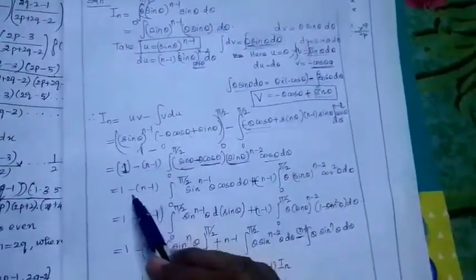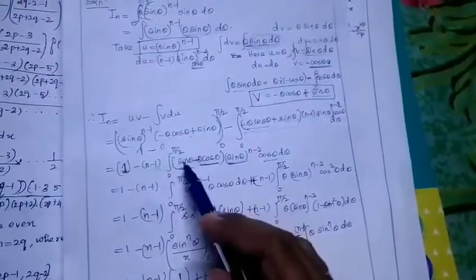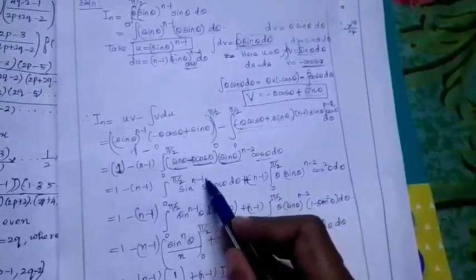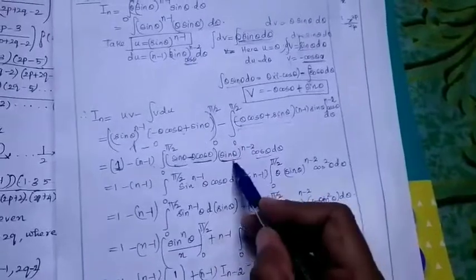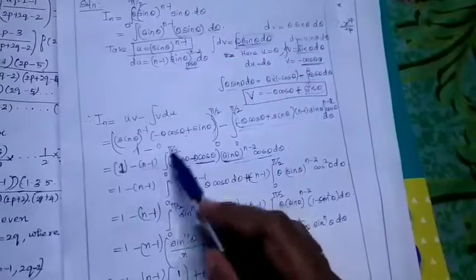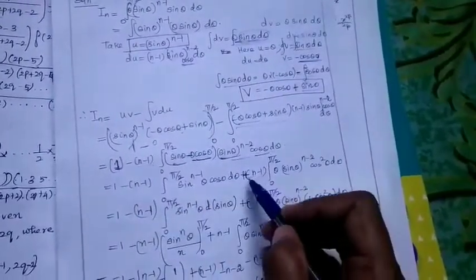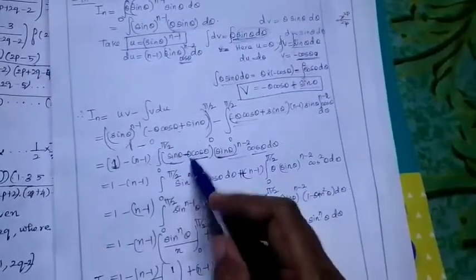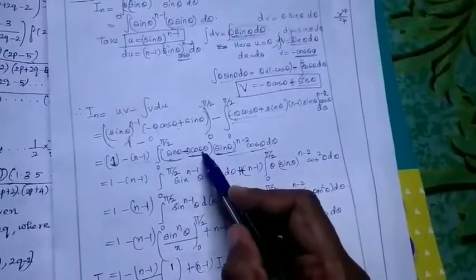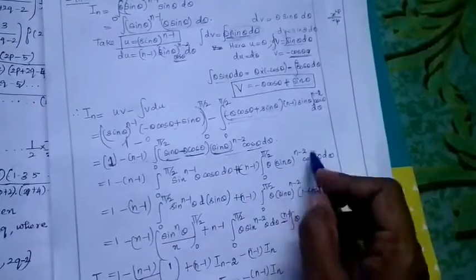So now 1 minus n minus 1 times integral 0 to pi by 2. Now multiply this. Already you have sin theta, here sin power n minus 2 theta. When you multiply, you will get sin power n minus 1 theta into cos theta d theta. Next, you have to split this. We are splitting the integration, so this constant is also multiplied. Minus into minus will become plus. So plus n minus 1 times 0 to pi by 2, theta cos theta, again you have cos theta, so cos square theta sin theta the whole power n minus 2,